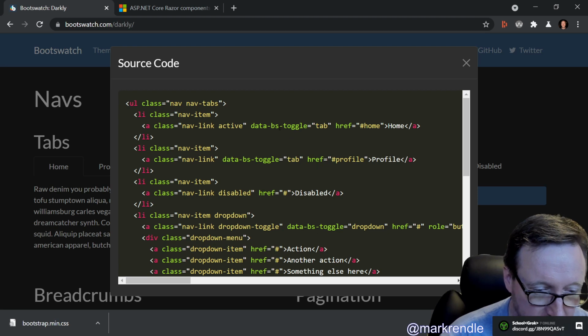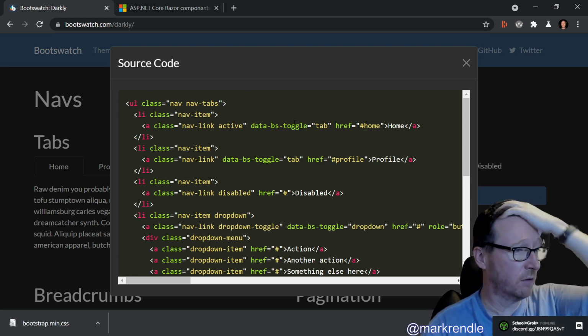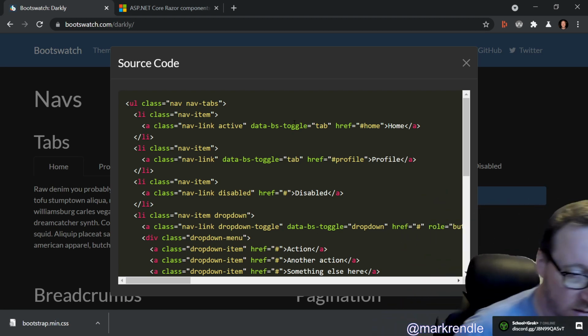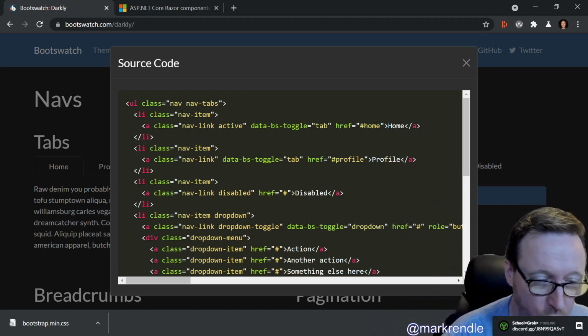And then this data-bs-toggle thing here, that only works with the Bootstrap JavaScript, and we're not using the Bootstrap JavaScript. So we are going to